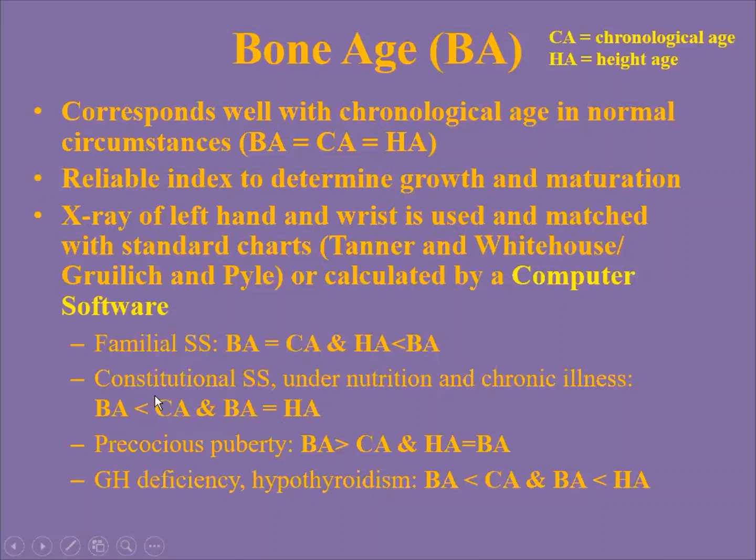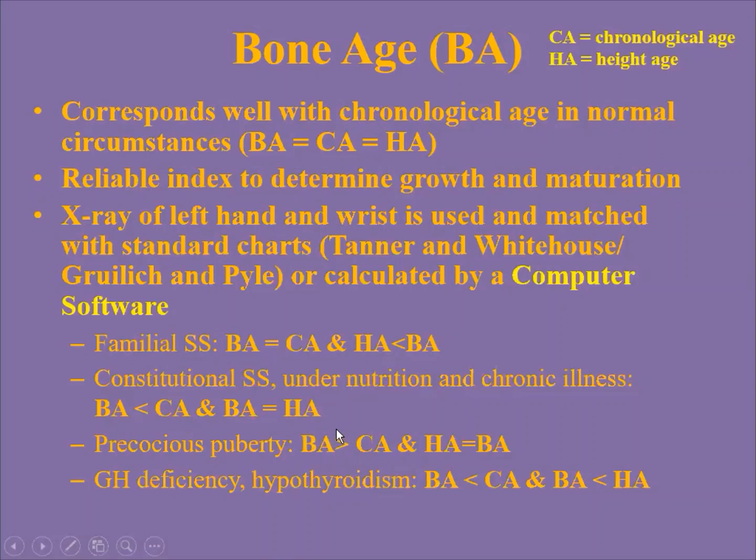Constitutional means that his growth is retarded due to some problem, but he may go on and attain his height. Similarly in chronic illnesses, the growth is retarded due to some stress or insult. So when you take that away, he may grow well. So here the bone age is less than the chronological age, but bone age may be equal to the height age, right? And in precocious puberty, bone age is well advanced of the chronological age, and height age may be equal to the bone age. So that means a